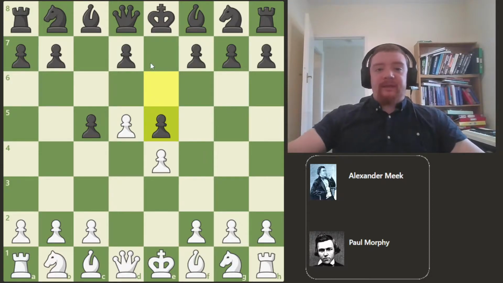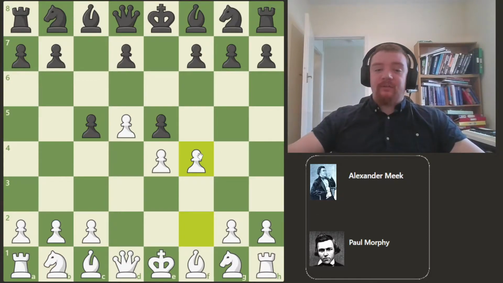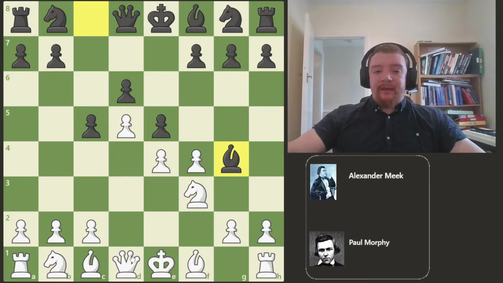However, because Meek played e6 and then e5, this loss of tempo essentially gives Morphy an opportunity to try and open up the game with an advantage. And he does that with f4, straight away trying to open the game. So he's attacking this pawn, and Meek replies d6, defending the pawn, knight f3, adding more pressure to this pawn, and then bishop g4, pinning the knight, and therefore removing an attack of this pawn. Morphy takes on e5,